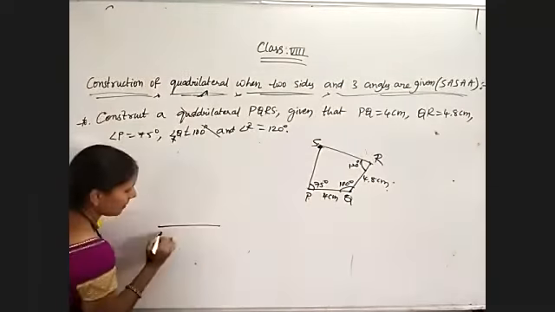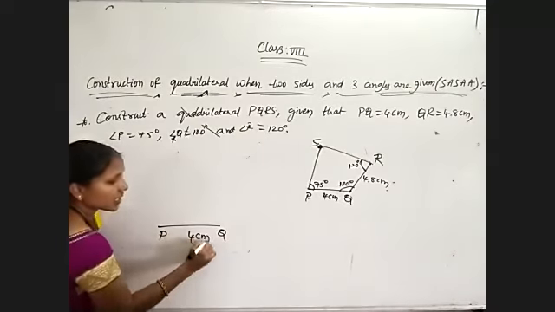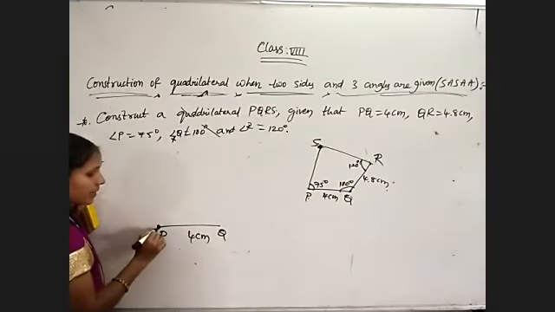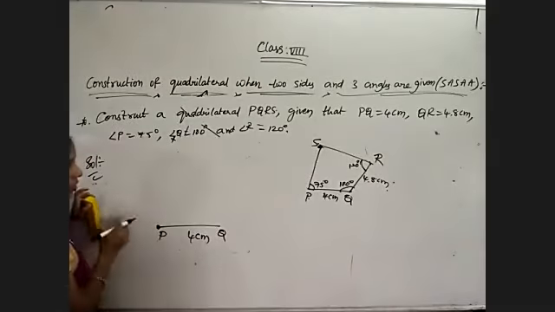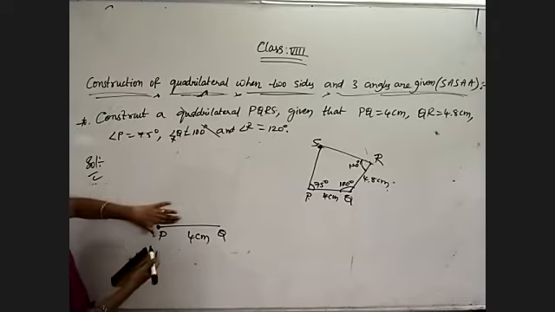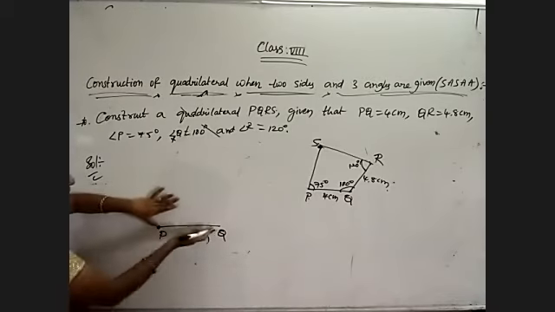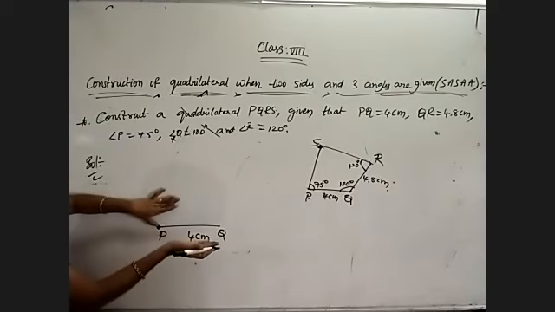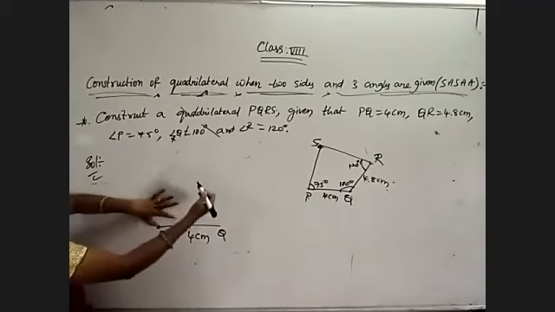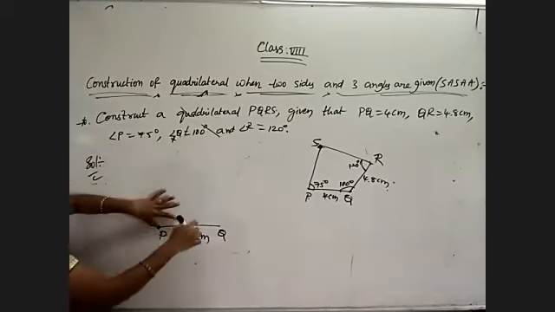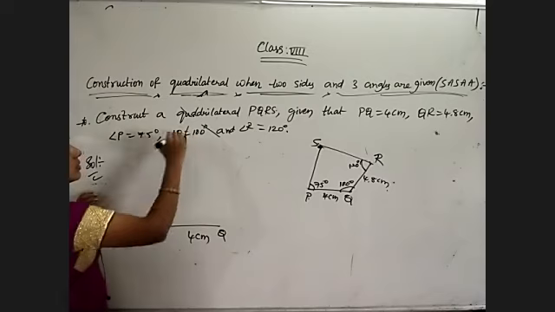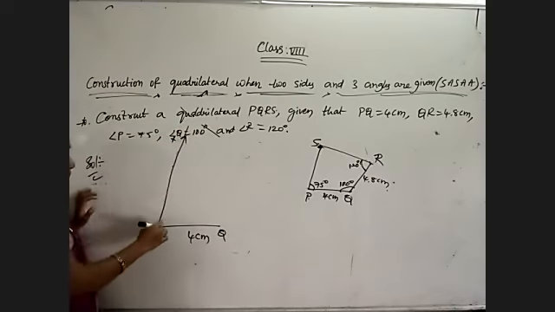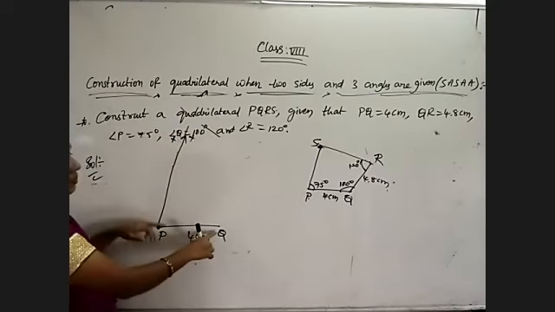First draw the line segment PQ with 4 centimeters using the scale, and take your protractor and construct 75 degrees at P. So how to construct the 75 degrees? We need to arrange the protractor at P. When we are dealing with P, the line segment is extending to the right side. So whenever it is extending to the right side, you must count the inner values. So inner values, 75 degrees, we have to take. So extend the ray PX.